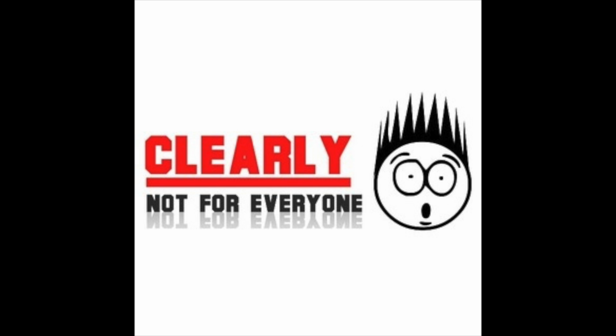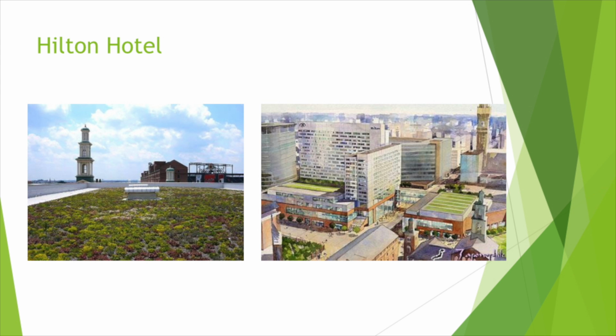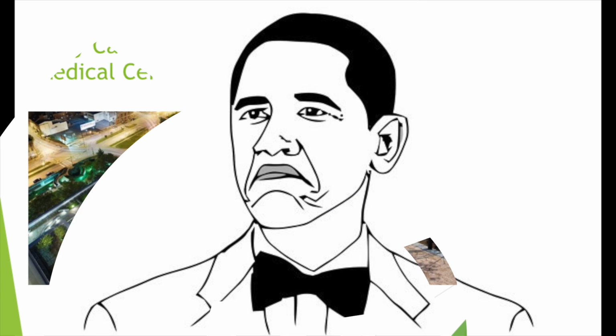Most people are under the assumption that green roofs and spaces are not for everyone, but there are some examples of some hospitality facilities already implementing green roofs and green spaces into their